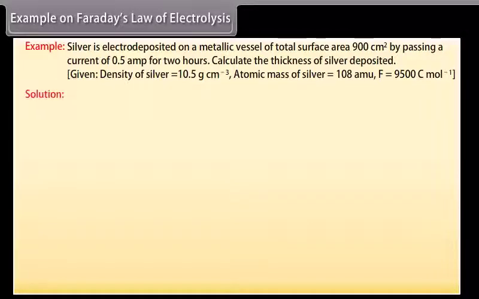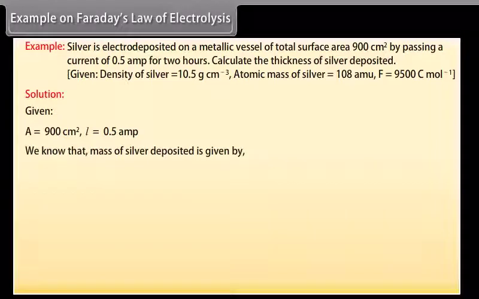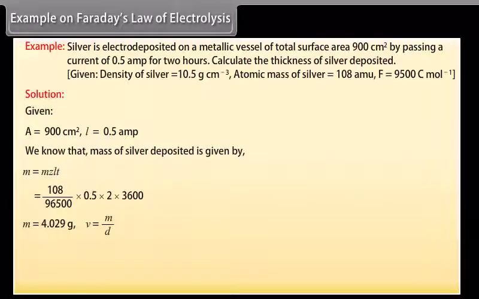Let's see the solution. Here, given values are A is equal to 900 centimeter square, I is equal to 0.5 ampere. We know that mass of silver deposited is given by M is equal to ZIt. By putting the values, we get M is equal to 4.029 gram. We know that V is equal to M upon D. By putting the values, we get V is equal to